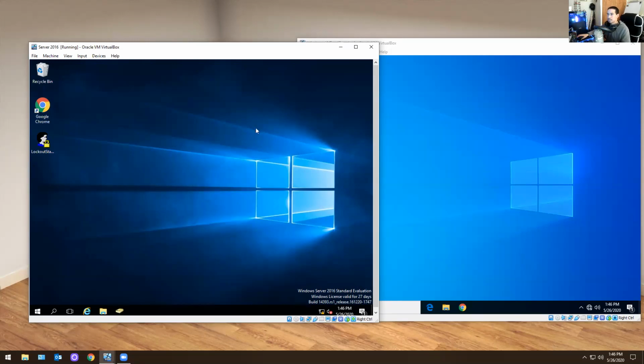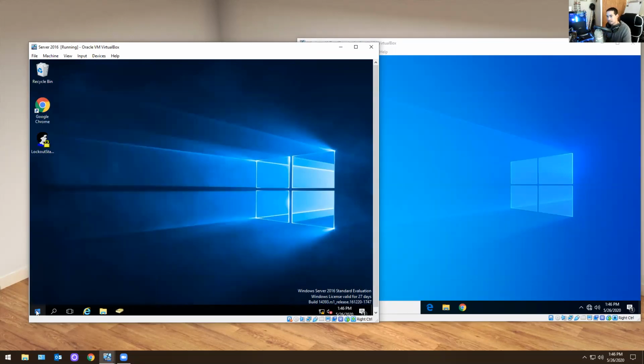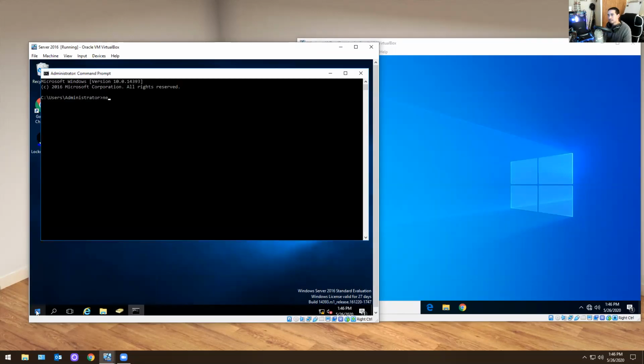So basically, if you have access to the server or you have RSAT tools on your computer, you could do it as well. You don't even have to have RSAT tools on your computer. You could literally open up CMD, run as admin, and run these commands. So you go into the start menu, you type CMD, you type net user, and his name is J Chan